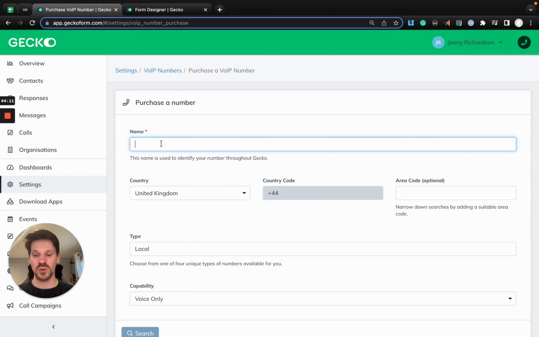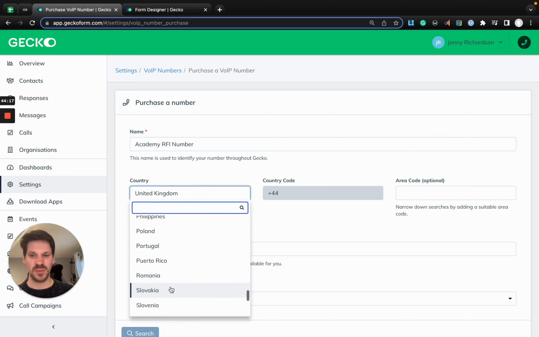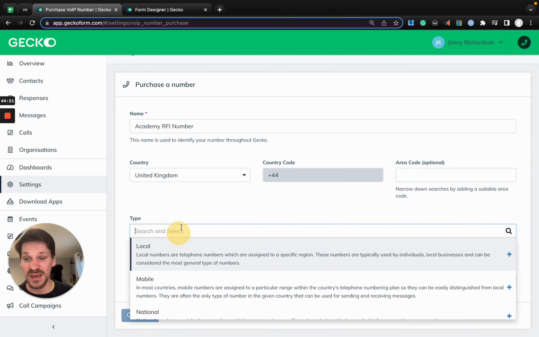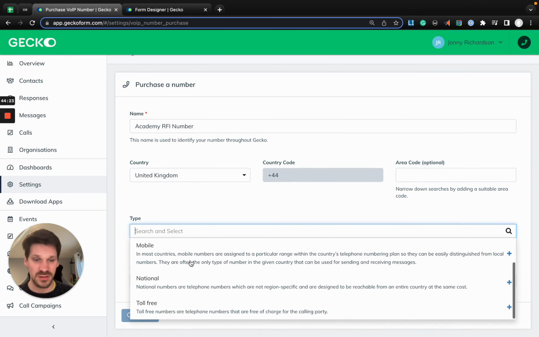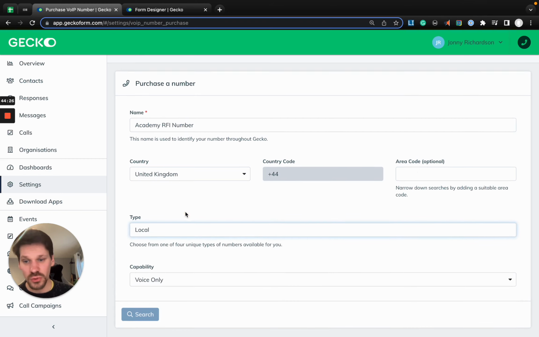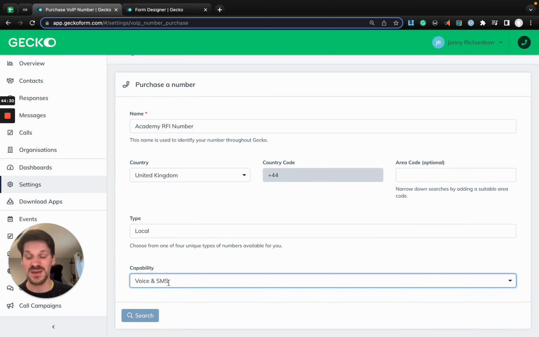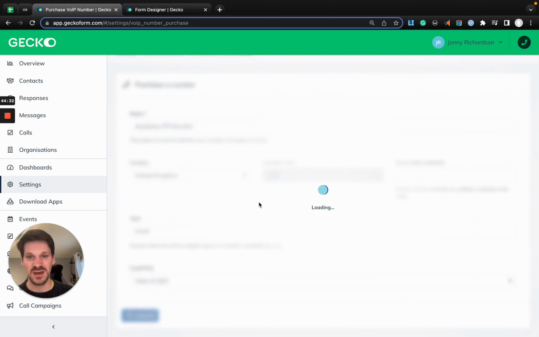We'll give this a name. We'll call this the Academy RFI number. Tell Gecko which region this number belongs to. Add an area code to refine your options if you'd like, and choose the type of number that you'd like this to be. Crucially, we want to send text messages on it, so make sure it has the voice and SMS capability. And if we hit search,